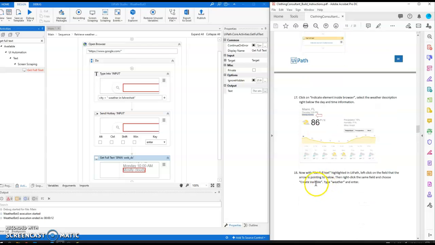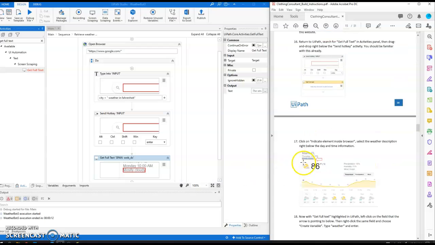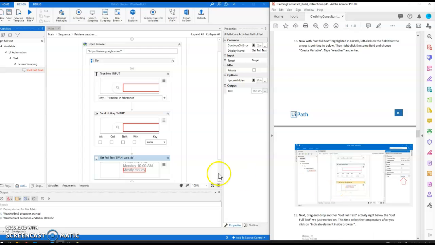get the weather description, and now with the get full text highlighted, you right click on that field, the arrow is pointing to below, and right click the same field and use create variable and type weather. So once again, what we're doing is we're on this here, get full text here, and then we're going to click on the left hand side of the field where it's pointing to, which is right here, which we did